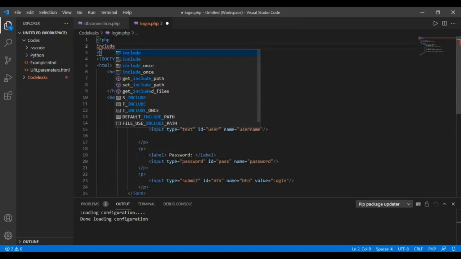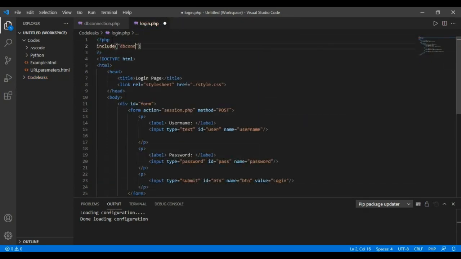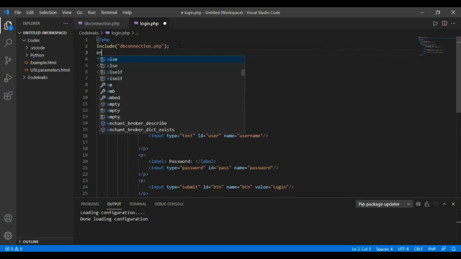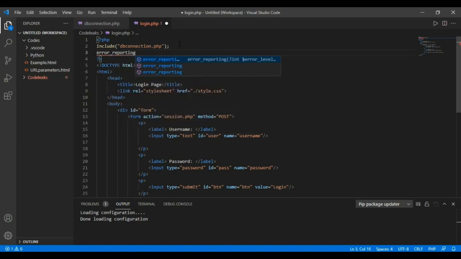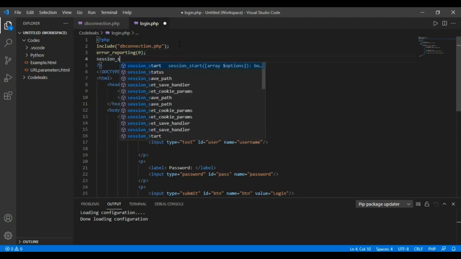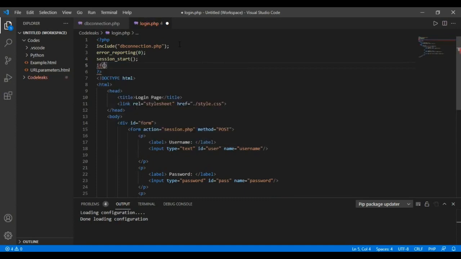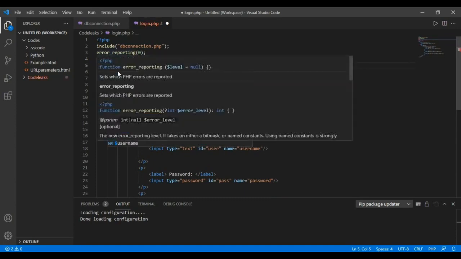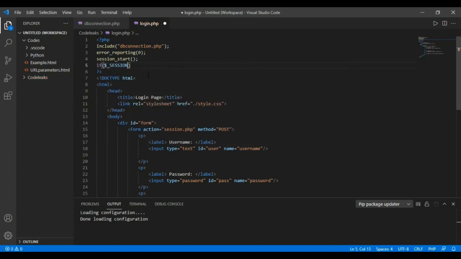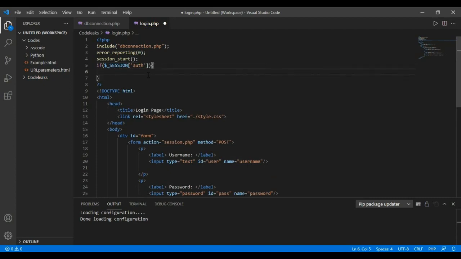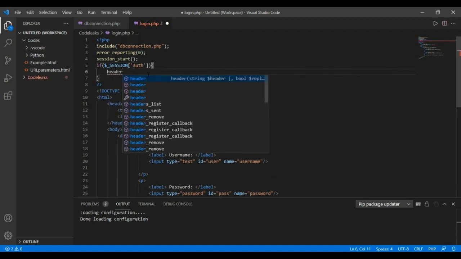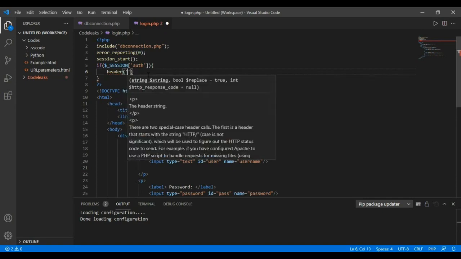Okay, let's get back to the login.php file, as I want to add a few lines in the code. That is, we have to connect our login page to the database connection file. So I have used the function include, and I have included the dbconnection.php file, and the session will be started with this function, and afterwards I am giving the condition as if it gets authorized, that was true. So where will it get directed? It will be directed to the home page.